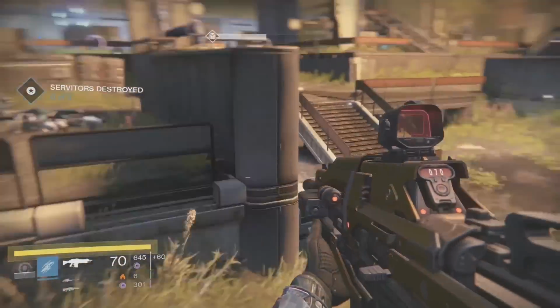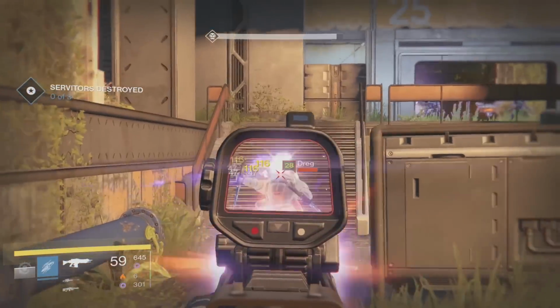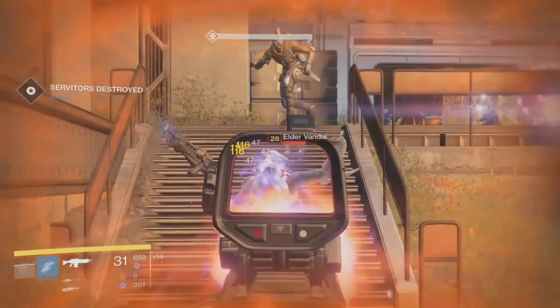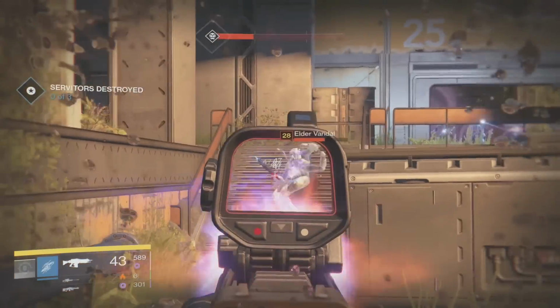Some things you can't get away from. So, yeah, that's how this gun feels when you get it from Atheon. A lot of recoil, a huge amount of fire rate. It's just like a machine gun. Look at that. I mean, it's an auto rifle, so it does fire bullets, but compared to Suros Regime